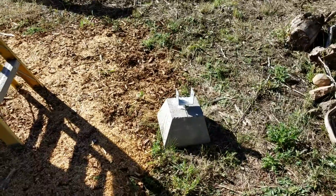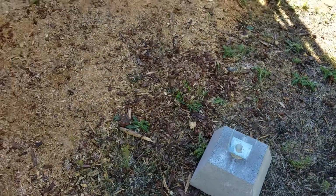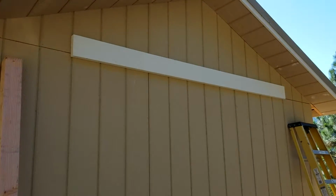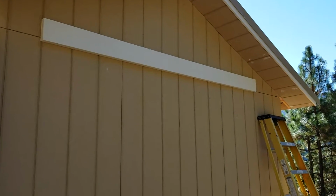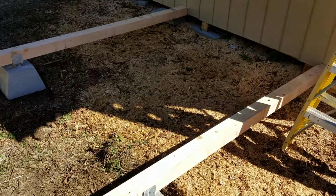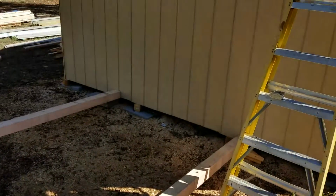And I bought these cement blocks at Home Depot. And some lumber. And I'll show how that comes together. Stay tuned. Okay, so the first thing I had to do is I got my